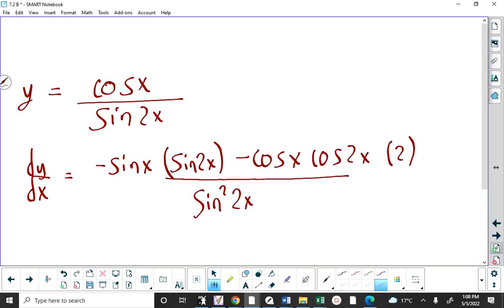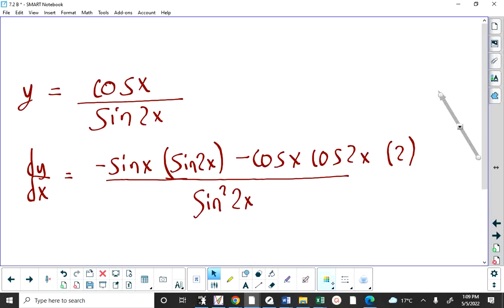The top is cosine of x, so the derivative of cosine of x gives me the negative sine x. So this is the derivative of the top times the bottom. Then the quotient rule says minus the top. The derivative of the bottom, well, the bottom is sine of 2x. The derivative of sine is cosine of the same argument times the derivative of the argument, and then it's over the bottom squared. Even though there's a simpler way to go about this, you should be able to follow that,